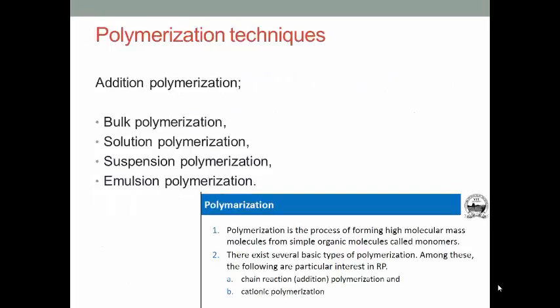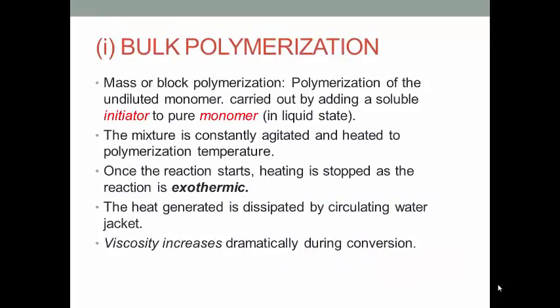We move on with the polymerization techniques. Actually, there are four commonly used methods of free radical polymerization: bulk polymerization, solution polymerization, suspension polymerization and emulsion polymerization. Bulk polymerization is a procedure used to induce radical polymerization with a vinyl group monomer. It is carried out by adding only vinyl monomer without solvent, with a small amount of initiator. It is polymerized by heating.